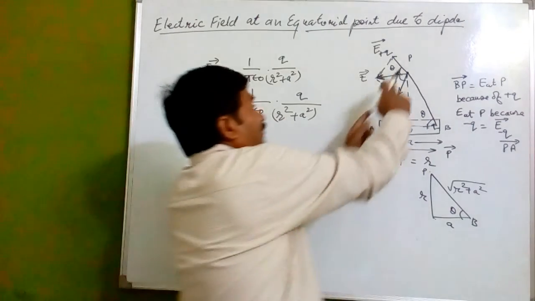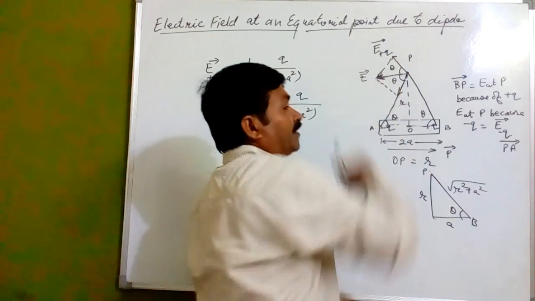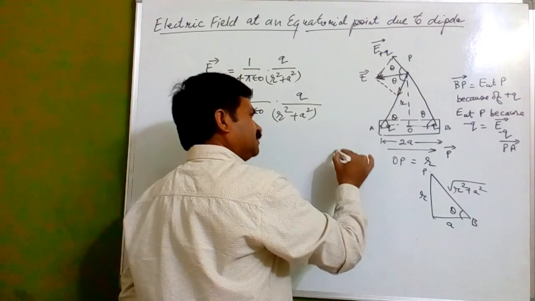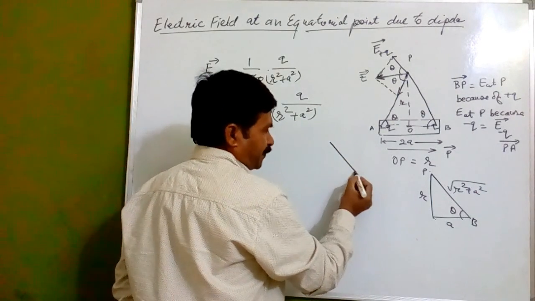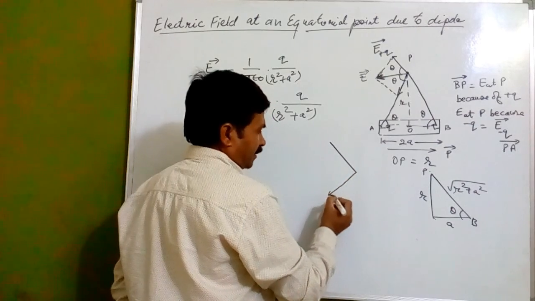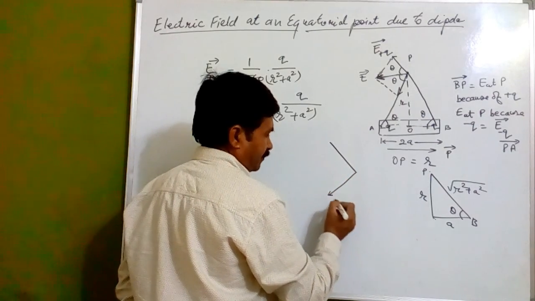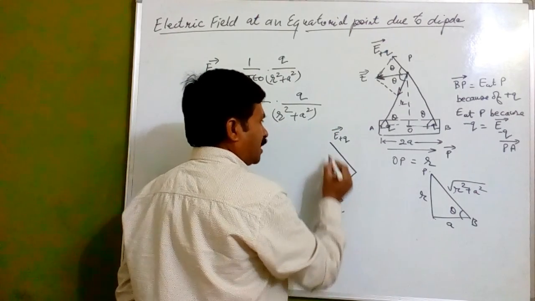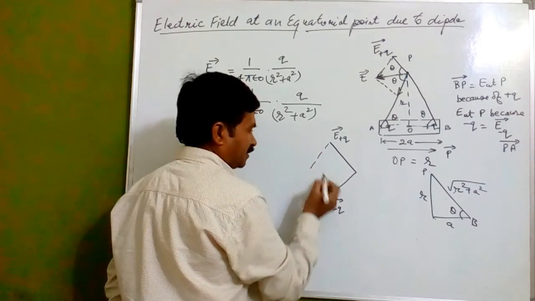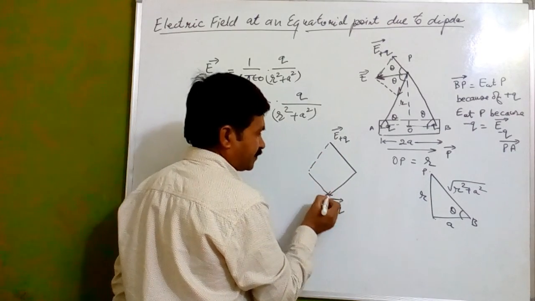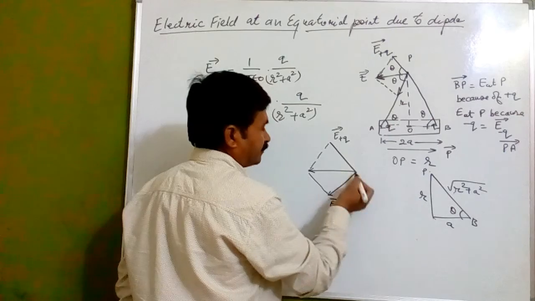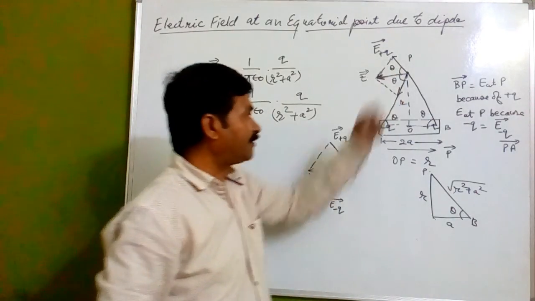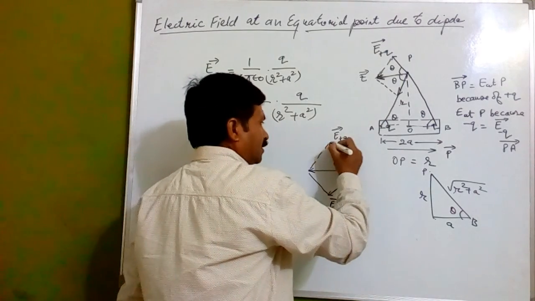Okay, now we have got these electric fields which are acting in this direction, and the resultant field which we want to know. Just let me try to understand it. We are getting this electric field and this electric field because of the charges, and the resultant which we have got is E. Now it is making an angle theta. That diagram I am taking again.